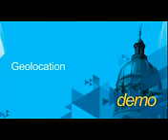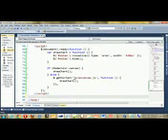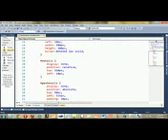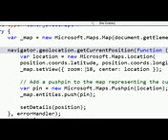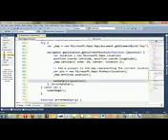So let's actually take a look at that. So I have a simple Bing map control on the page. And I just want to provide some basic geolocation support to find their current location. So I'm going to create a new map control, and I'm going to call navigator.geolocation.getCurrentPosition. And then I'm going to take their latitude and longitude, and I'm going to put that on the map, center the map to that location, and add a new push pin in that location as well. And then I'm going to provide some details specifically about where they are, the accuracy of that, etc. So let me run this.